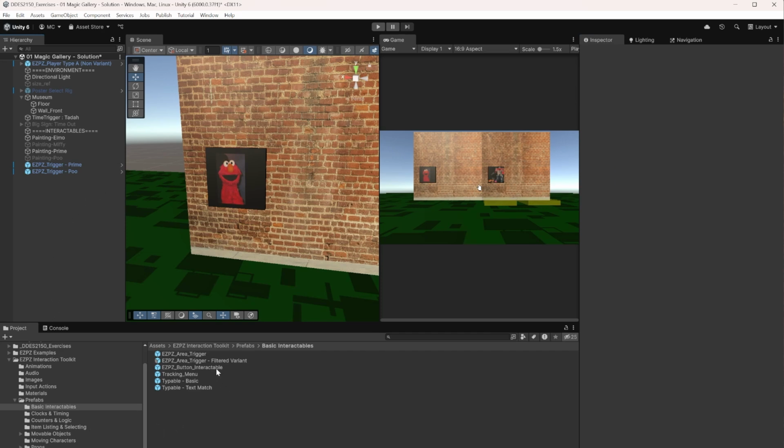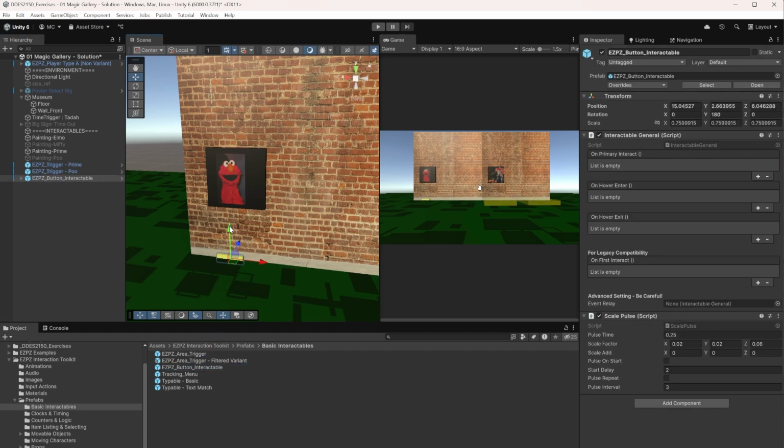pre-made prefab over here that's already inside the EZPZ Interaction Toolkit folder, prefabs, basic interactables, and this button. So what I'm going to do is I'm going to drag this into the scene. Let's move it to a location that's convenient for us to access. It looks like it's facing the wrong way, so let's rotate it the right way. And there it is. So right now, if we were to go ahead and click this button, nothing will happen